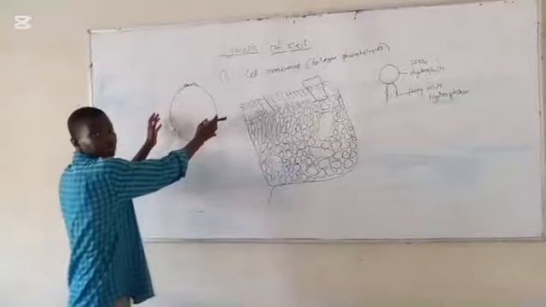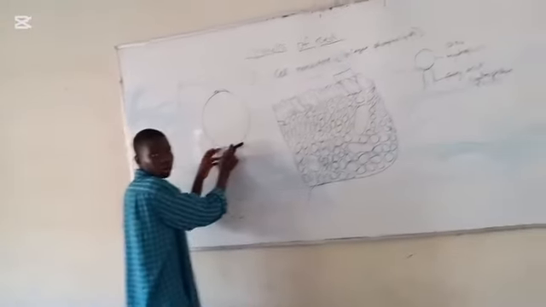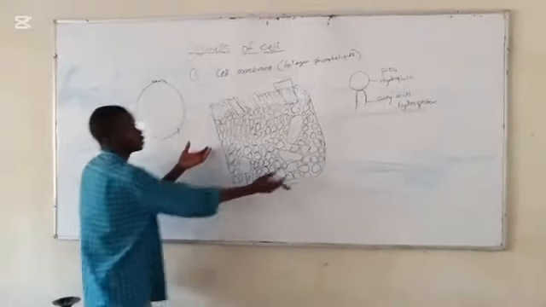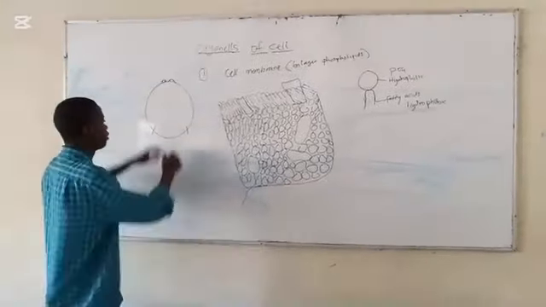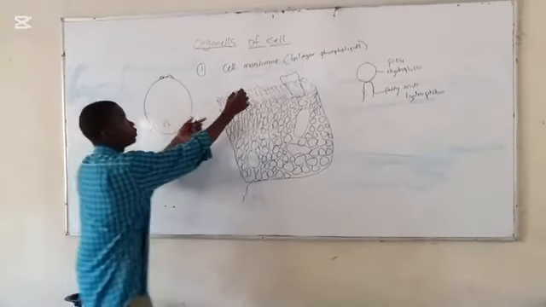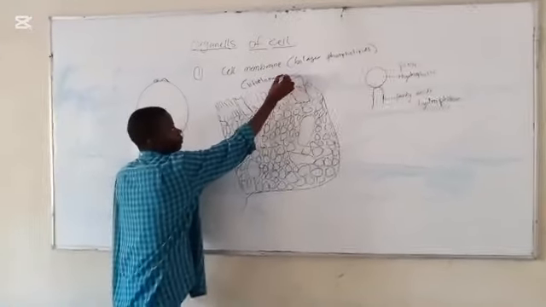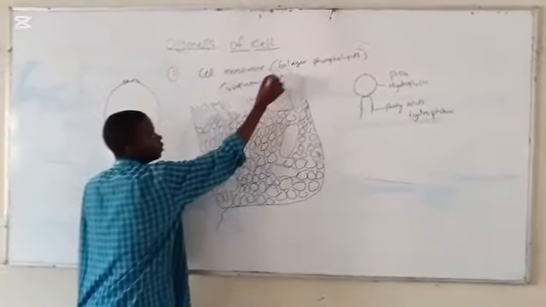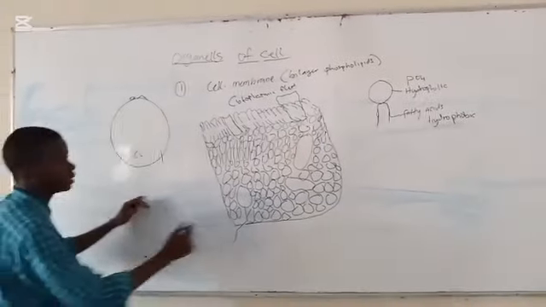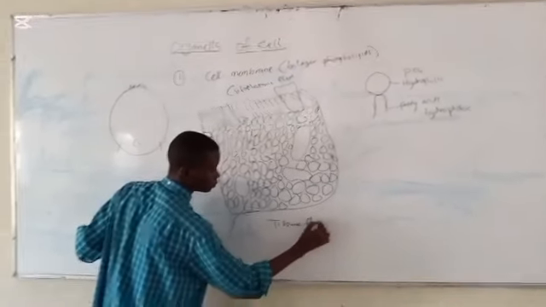Alright, so this is a typical diagram of a cell, and we want to enlarge this section of the cell, to make it in a bigger form. So this is what we have here. Now, just like the way it is here, this is the cytoplasmic fluid. So we assume this side to be the cytoplasmic fluid or the cytoplasm. The outer part of the cell, which is this part, is called the tissue fluid.